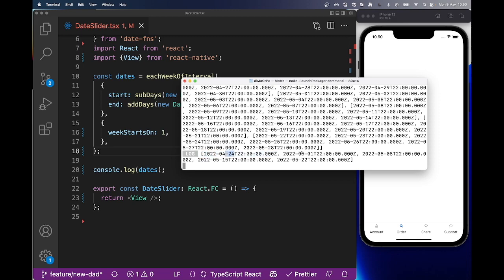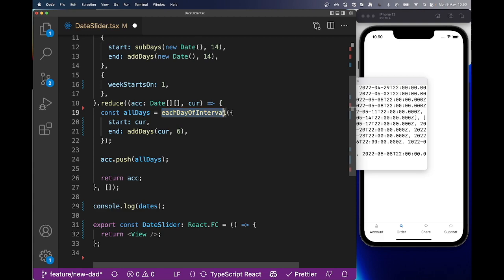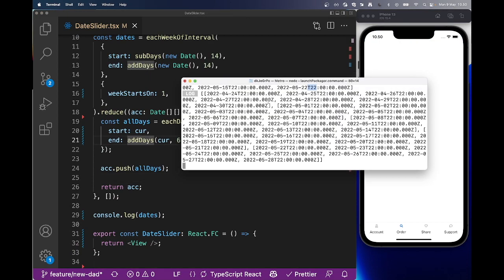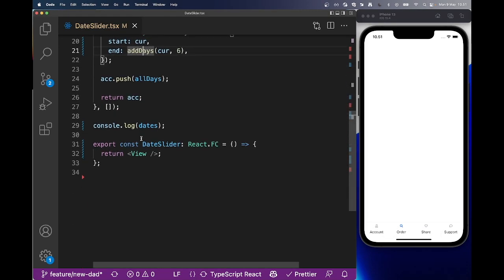So the 25th, 1st of May, the 8th of May, the 15th of May, and the 22nd. So by adding the reduce here and generating all the days in between the interval that we define here, which is the first day of the week, adding 7 days on top, then we get this, right? I hope this makes sense now. Okay? Cool. Let's remove this terminal and go down here and start